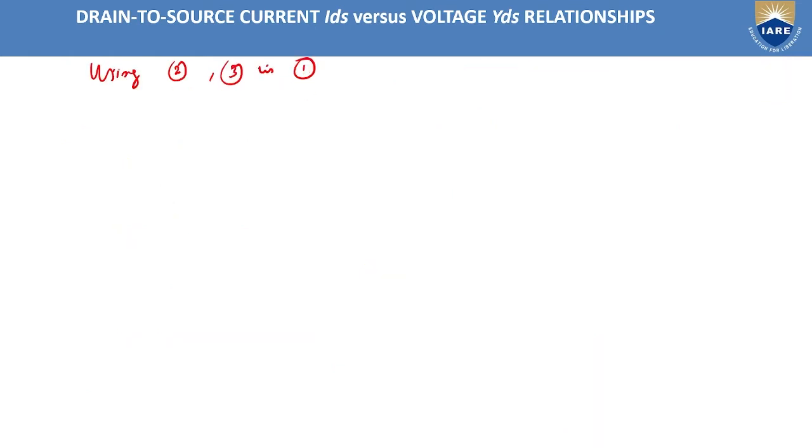So then you get IDS equal to epsilon INS epsilon naught mu, where mu is the mobility, divided by D, and W by L,